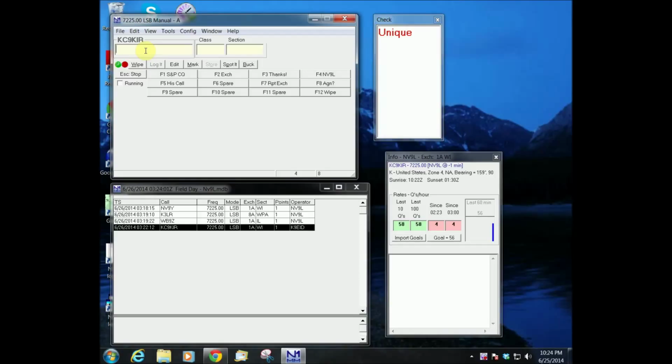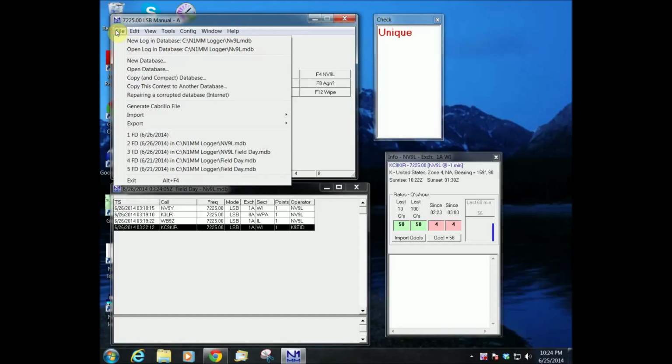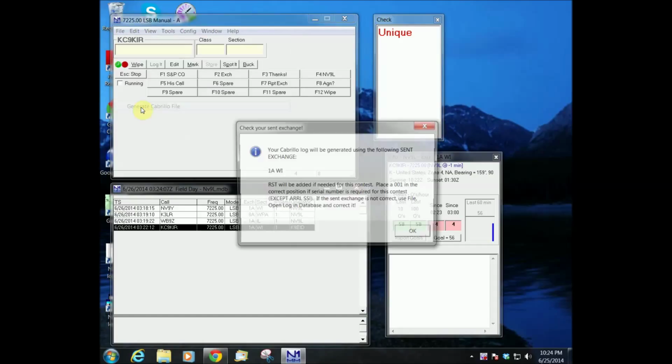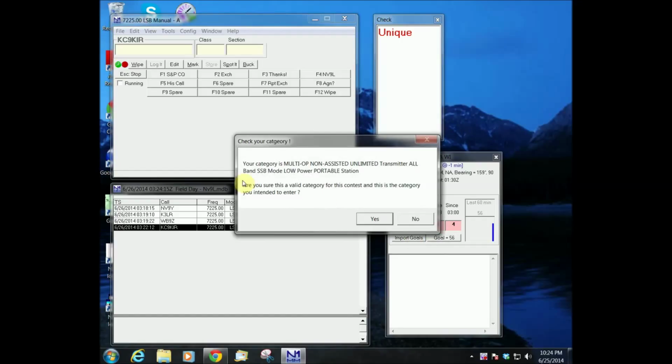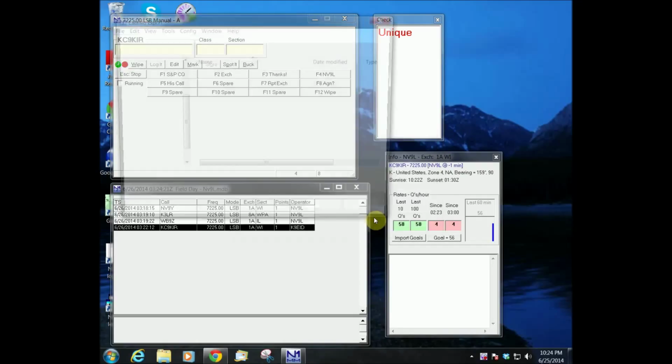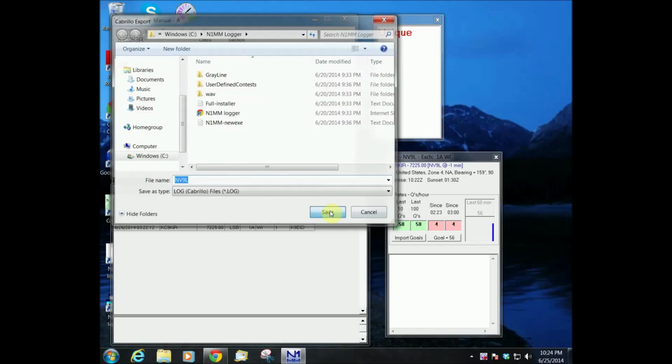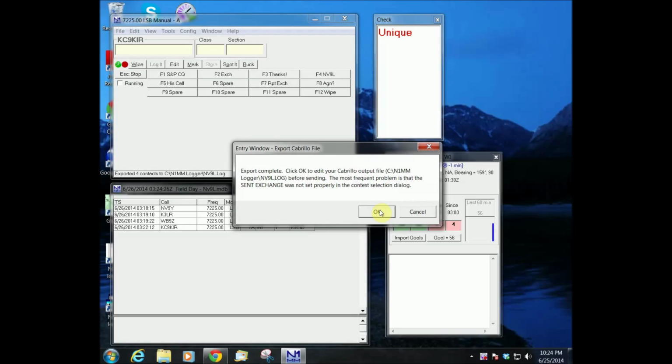Contest is over. You need to send in a Cabrillo file to the ARRL, and here's the way to do that. You hit the file, generate Cabrillo file. It's going to confirm that you were sending the exchange of 1 Alpha Wisconsin. You hit OK. And it's going to confirm that I was multi-op, non-assisted, all that. You're going to just confirm all that. Hit yes, save it as NV9L,